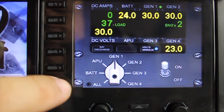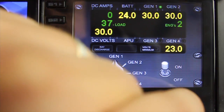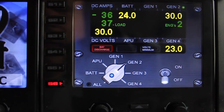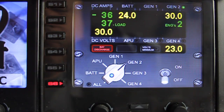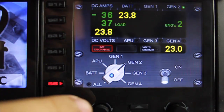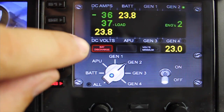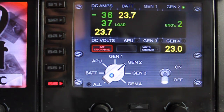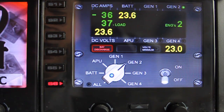what I can now do is, if I select back to the main gauge and I turn off the generators, then we can watch the voltage drop. I'll turn off generator 2, and now we can see that the battery is discharging, and currently the battery is at 23.7, and you can see that voltage dropping fairly quickly because obviously the aircraft is pulling power and there's no generators currently active to